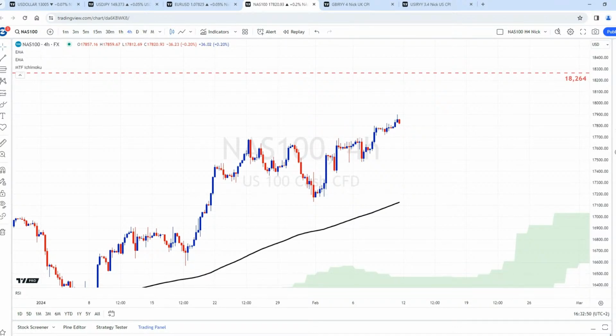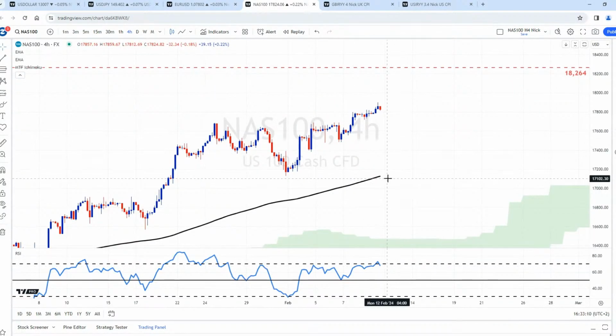I would say the next resistance would come at close to 18,300. But on the other hand, overbought conditions could prompt a pullback, but a move below the exponential moving average at around 17.14, I would say, would definitely need a strong catalyst. It is a high bar. Of course, if that were to happen, that would endanger the bullish momentum. And with that said, let's turn to